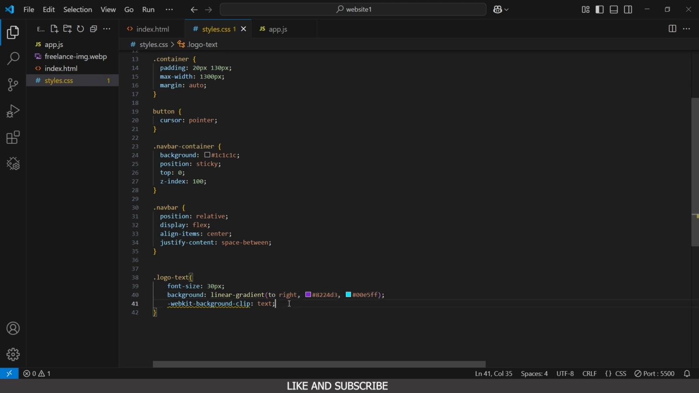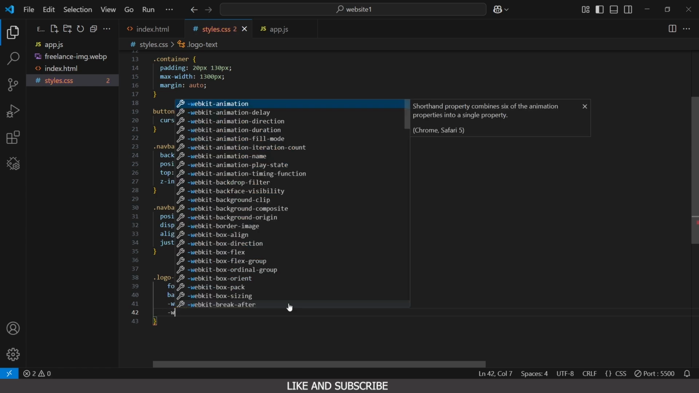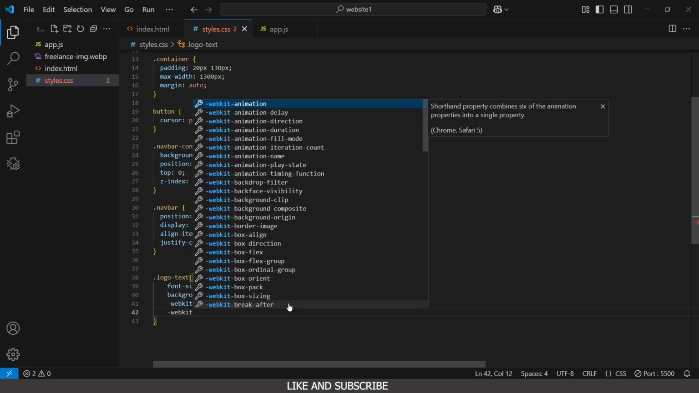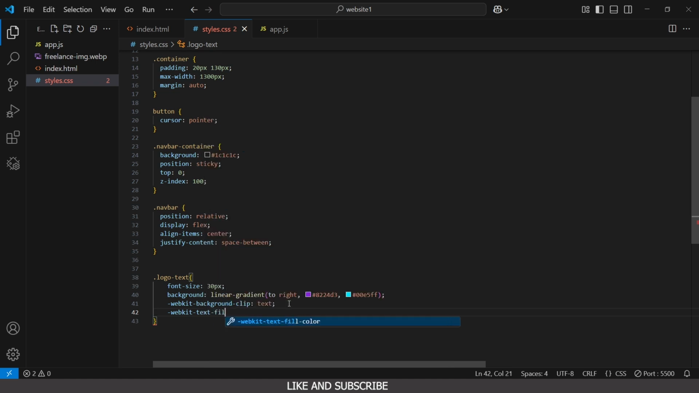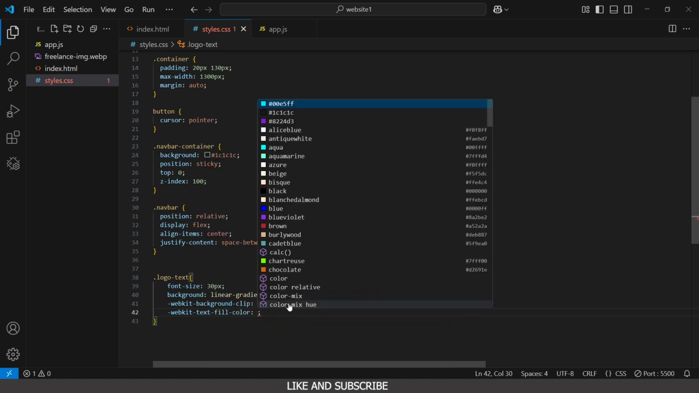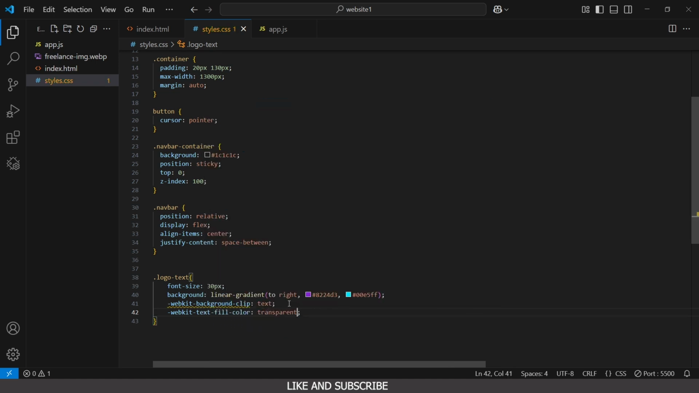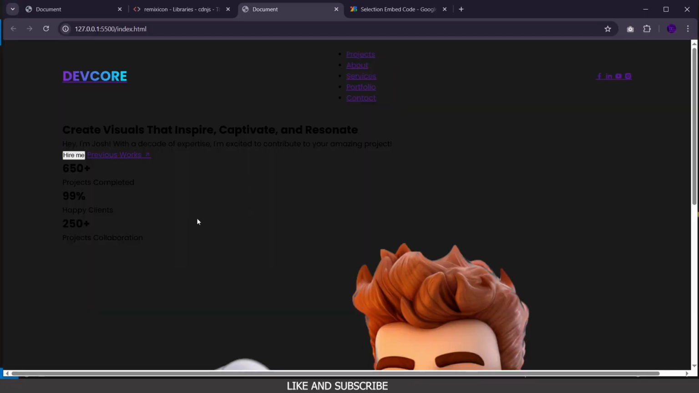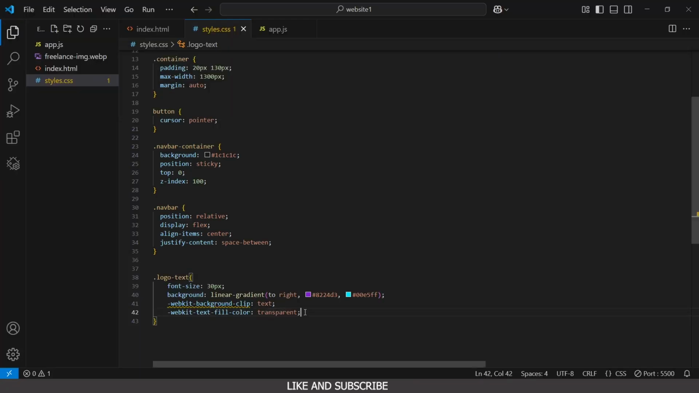Okay, we still need to set the text fill of our text to transparent. So all we have to do is set WebKit text fill color, and we're going to set it to transparent, and that should work. As you can see, that is just what we want. The next, we're going to, let's see,